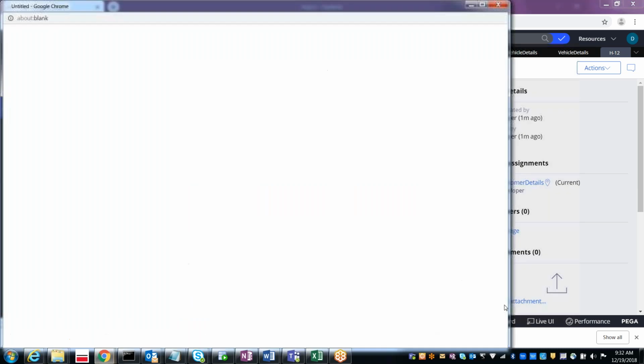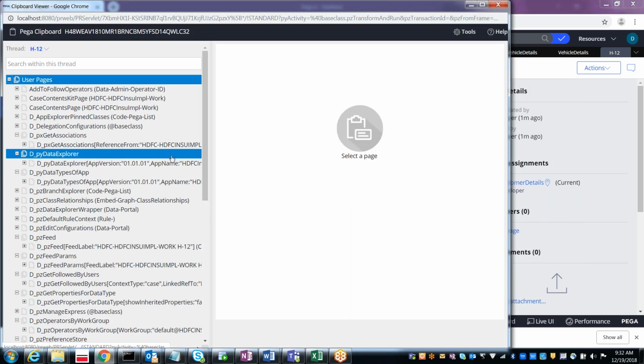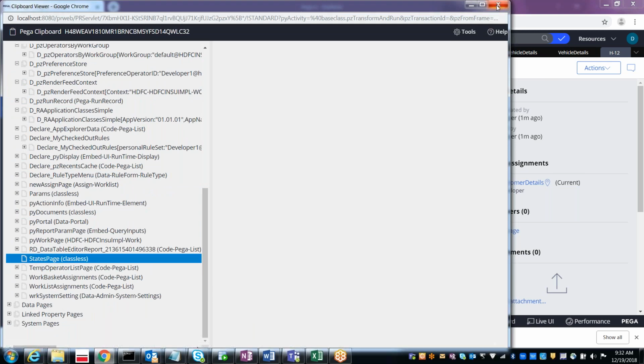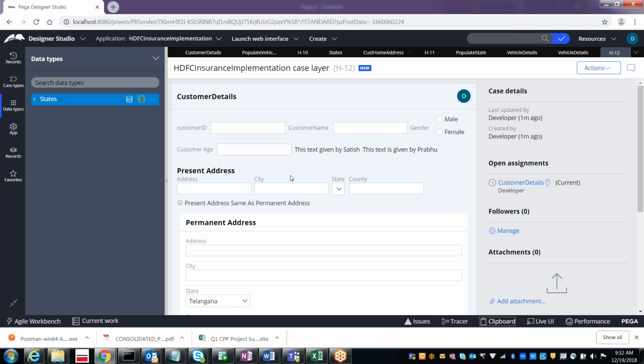Let's see the clipboard, why it's not loading. The states page is there, yes, but not available. So why are the states not populated? We will see whether the activity is getting run or not. How exactly we will see, I will tell you.